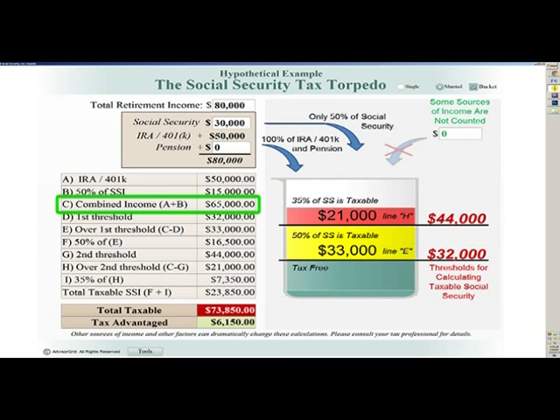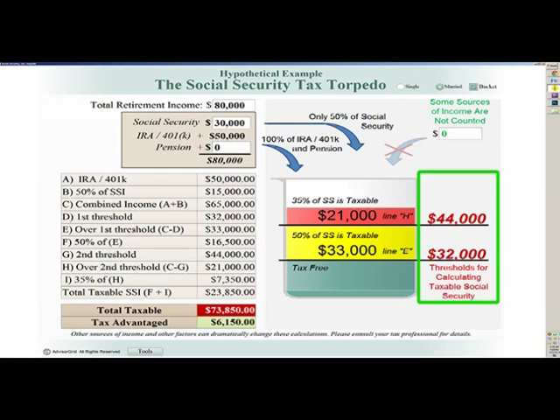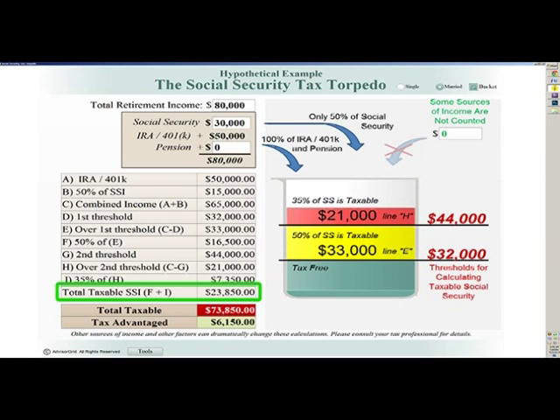Because this combined income exceeds the tax thresholds by these amounts, the total taxable Social Security in this example is $23,850. Now let's increase the portion of the total income that we are assuming is coming from Social Security from $30,000 to $40,000. Even though the Social Security income is now larger, the total taxable portion has actually dropped. In case you missed it, let's reset the Social Security benefit back to the original $30,000. You can see that the taxable portion is